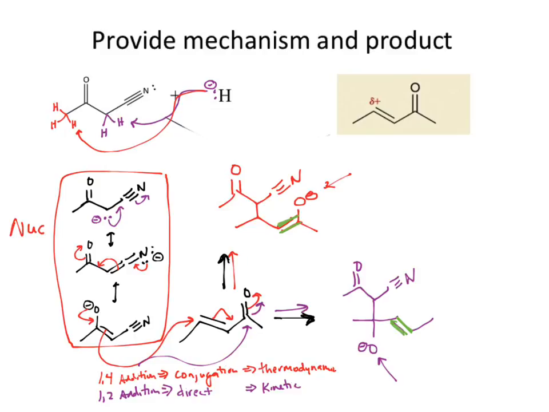Why is the red one more stable than the purple one? Well, as Sean suggested, what do we have? Resonance. If I have resonance, what does that do to its stability? Makes it more stable, which drops its energy, hence that would be the thermodynamic product. The kinetic one, if we look at that pi bond, what stabilizes it? Really nothing. Okay? So that is going to be higher in energy because it is not as stable as the